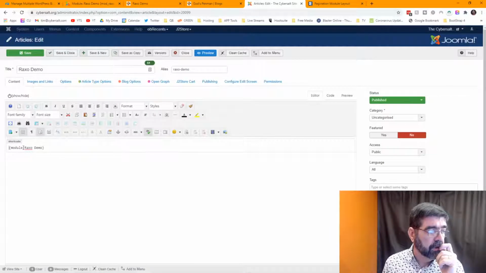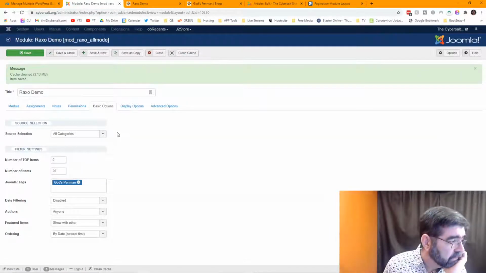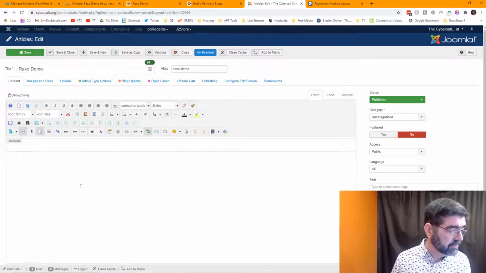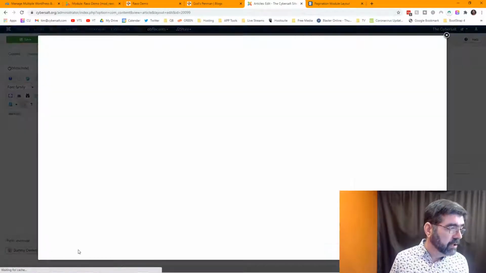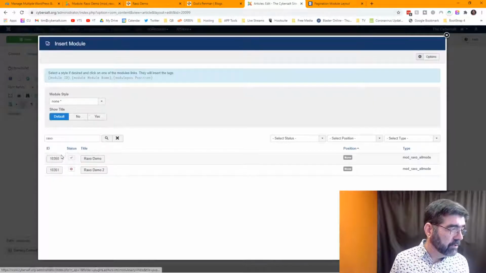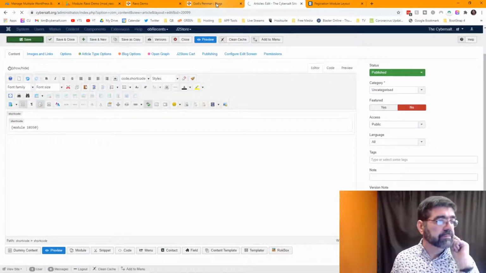I'm showing module RAXO demo. That's this one here. All categories. Just for fun, let's do module RAXO demo. Let's filter, that's unpublished. Great, let's just do the ID. I don't think it's that, but